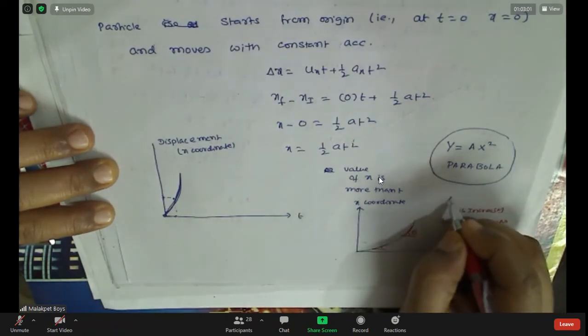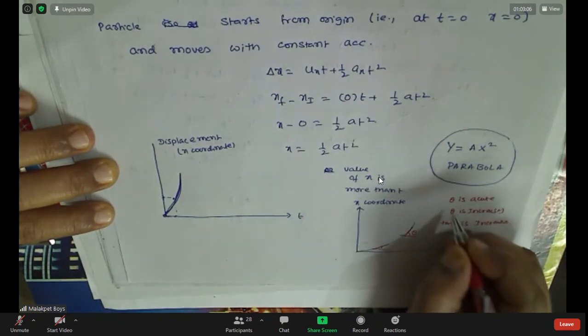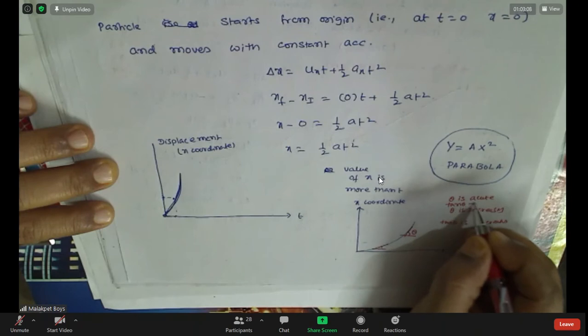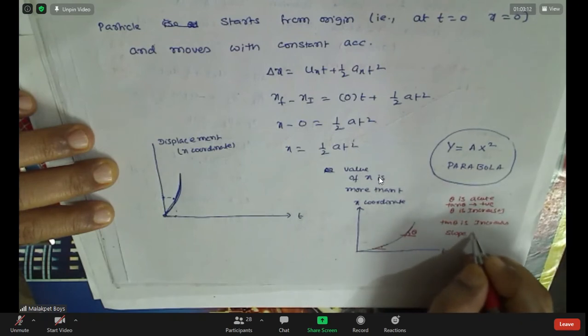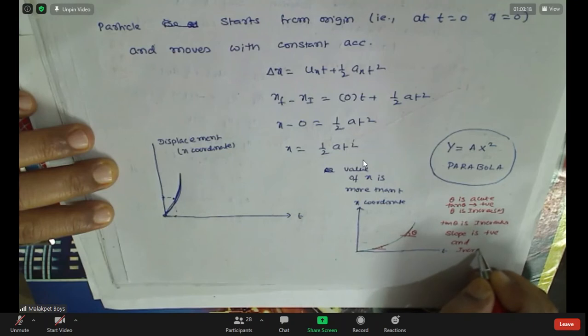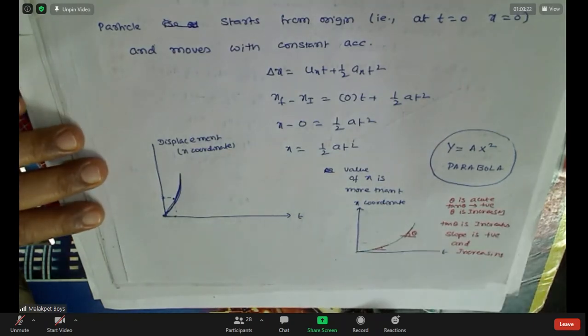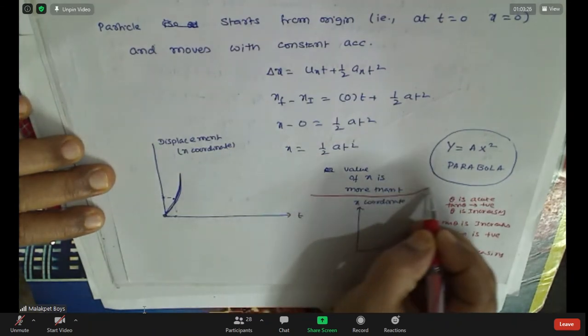Okay, theta is acute, no? Therefore, what is tan theta? Positive. So slope is positive and increasing. Remember this? All these I explained earlier in maths, and I sent notes also on this. Yes, sir.